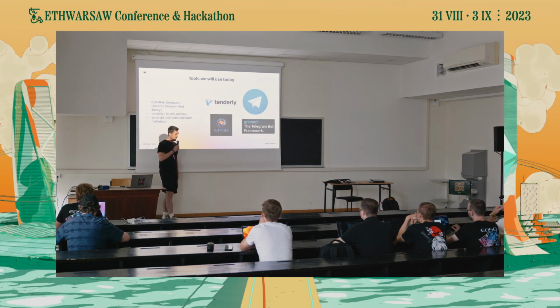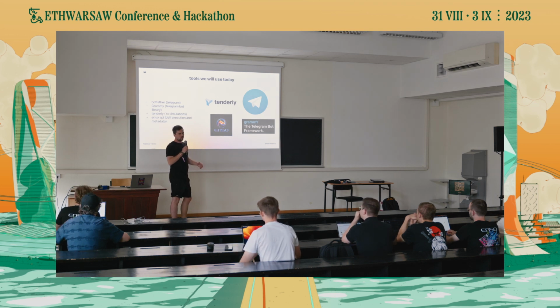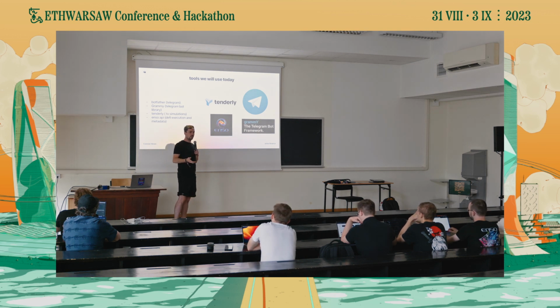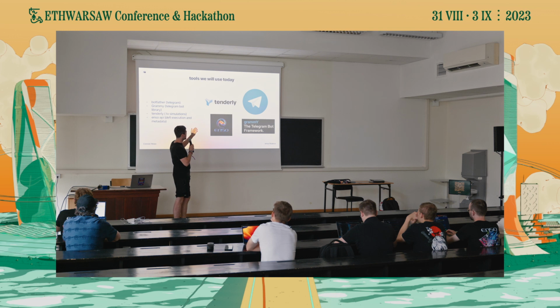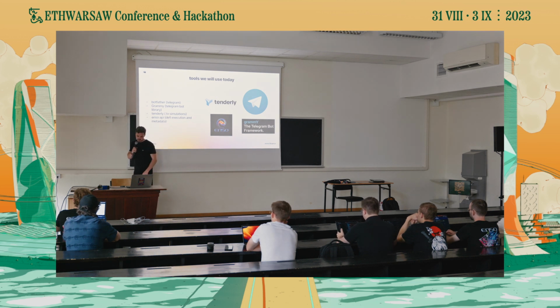The tools that we're going to use today: we're going to use Telegram. Hopefully everyone's got Telegram set up. We're going to be using Grammy, which is just a Telegram bot framework. Instead of needing to use the Telegram API directly, it abstracts a lot of this logic away. We're going to be using Tenderly for simulations. The reason we're using Tenderly means you don't need to upload your private key, and we don't need to manage approvals. All of this is just out of the box so you can get directly to the Enso API. And last but definitely not least is the Enso API for execution and metadata. And we're combining all of these together.